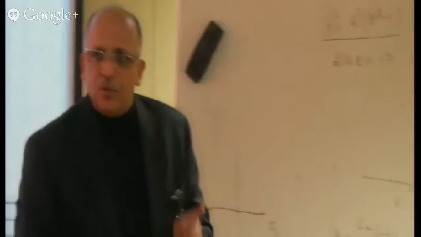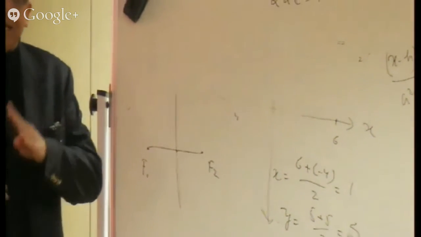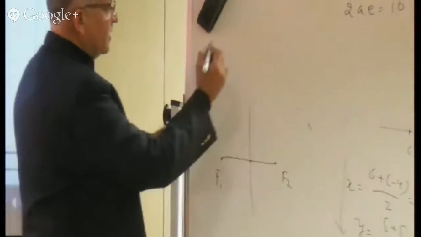B square की हमें वैल्यू जो स्टैंडर्ड रिजल्ट है उसमें E गिवन है क्वेश्चन के अंदर 5/4 और दूसरा 2A हमने कैलकुलेट कर लिया है कि ये 10 है। क्यों 10 है? क्योंकि दोनों फोकाई थे उनके बीच में डिस्टेंस 10 था। एक 5 इधर था, 5 एक्सिस के, एक 5 सेंटर से।